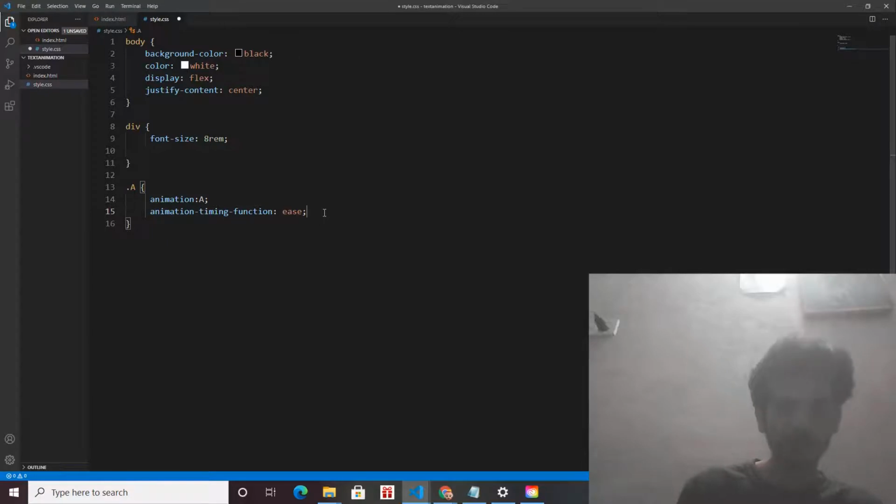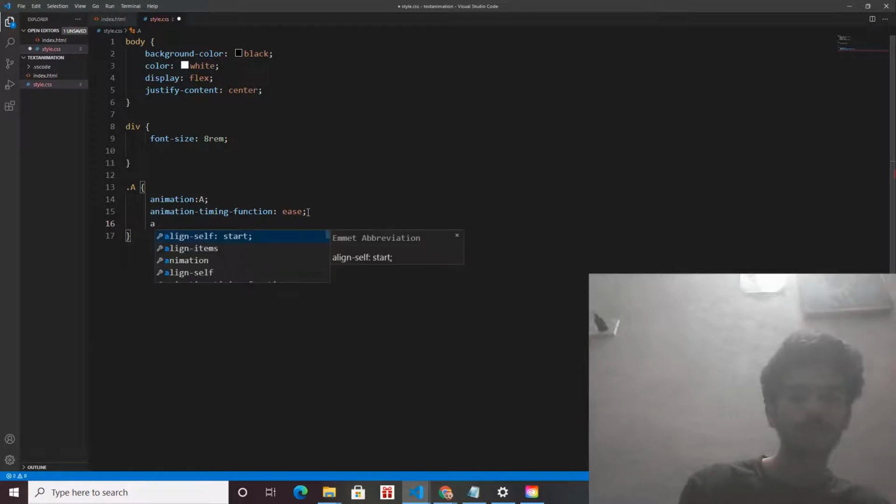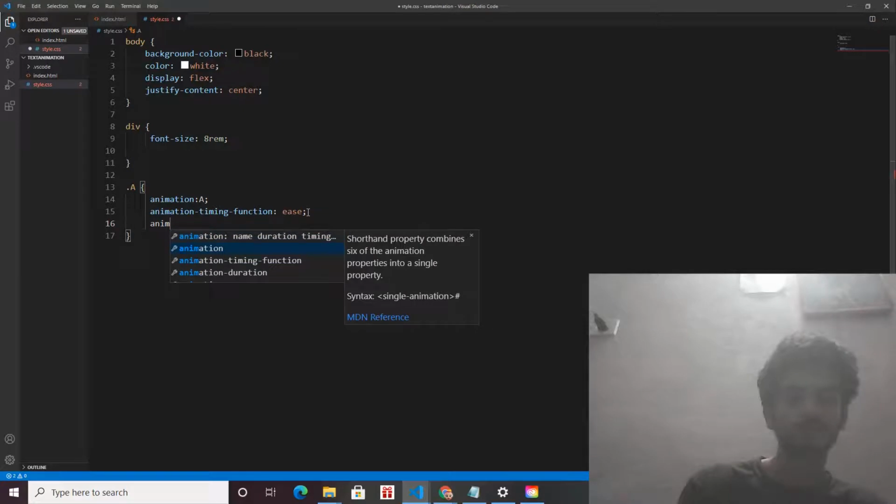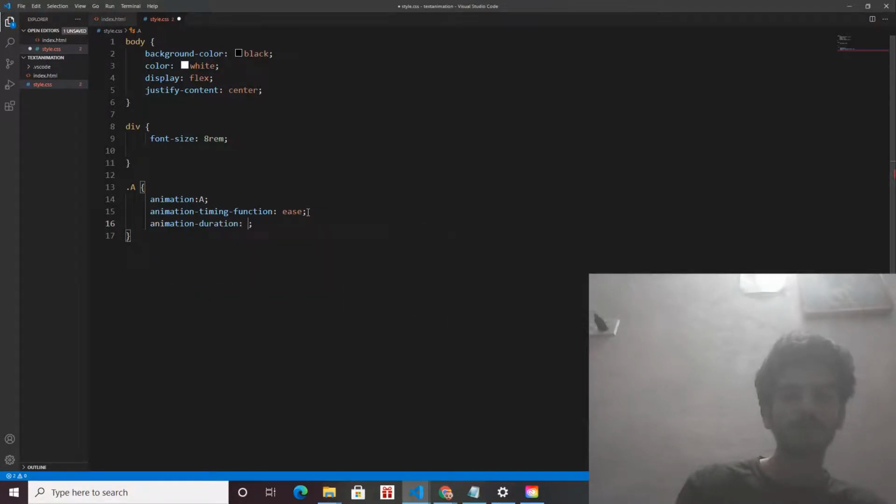So this is how ease-in-out works: slow, fast, slow. Let's give another property of animation. There are lots of animation properties which you can see in the documentation. Animation duration, 2 seconds.